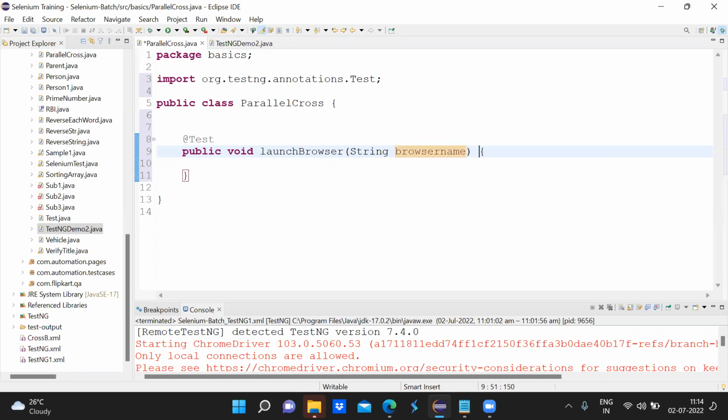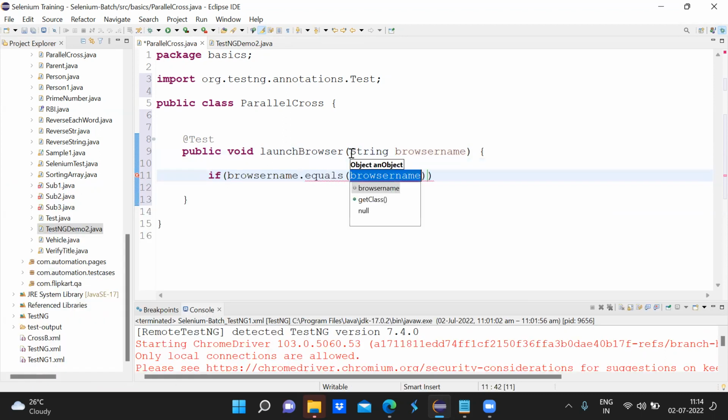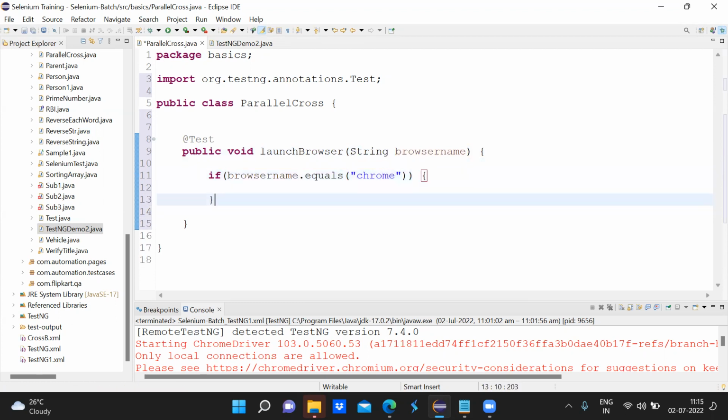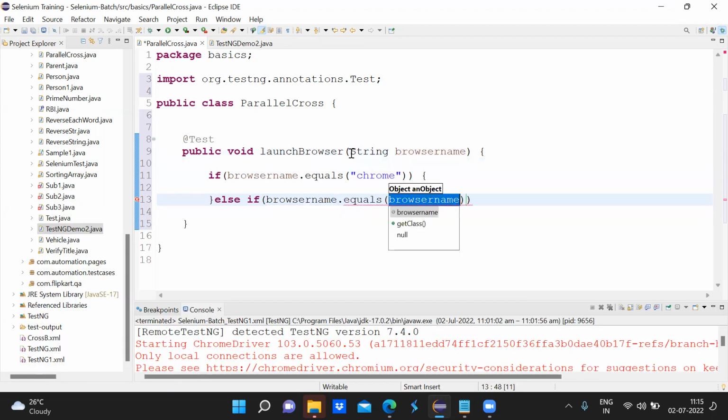Now we will check if your browser name dot equals Chrome, then you start this, and if your browser name dot equals Firefox,